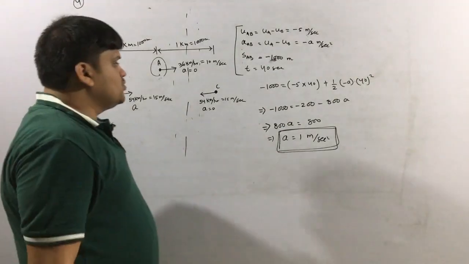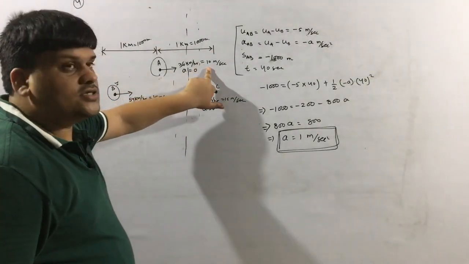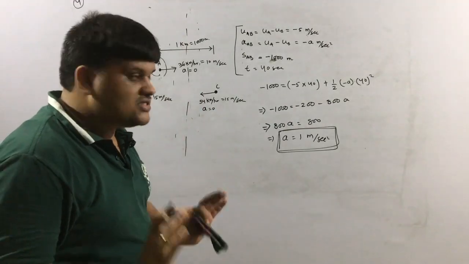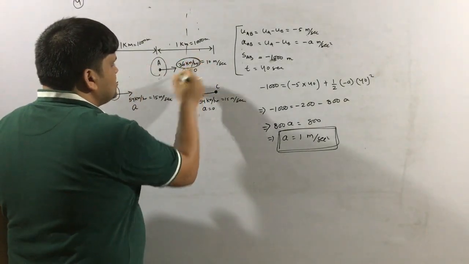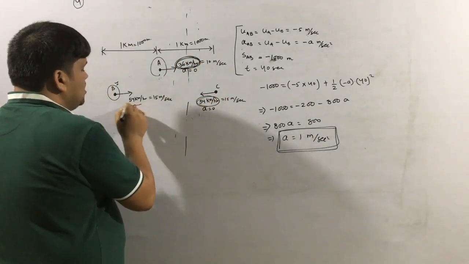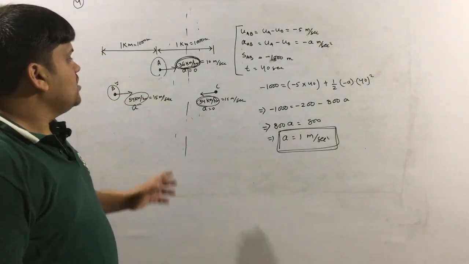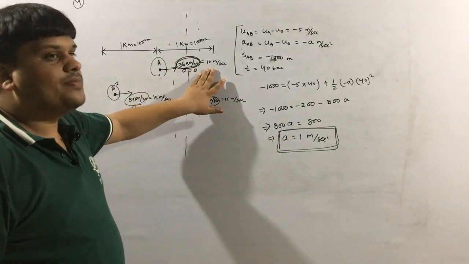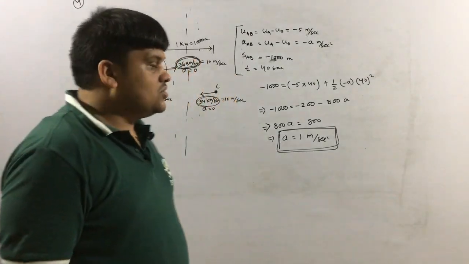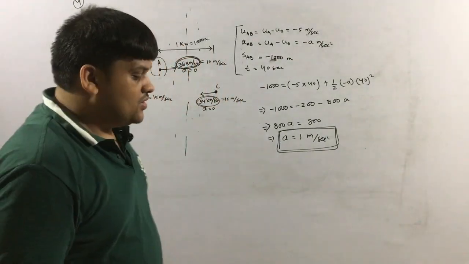Here is a very small thing, not related to relative motion. Why will I convert this into meter per second, why will I not solve it in kilometer per hour? Obviously you can solve it, but whenever you see that the values of velocity and so on are given as multiples of 18, like 18, 36, 54, 72, 108, then if you convert to meter per second, that will give you an easier number. So, easier calculation, the answer will actually be the same. So, this is the fourth question.